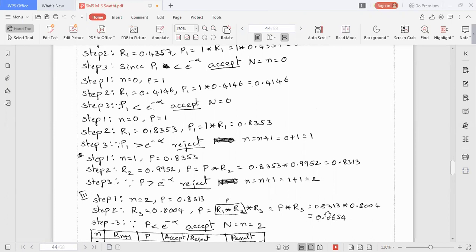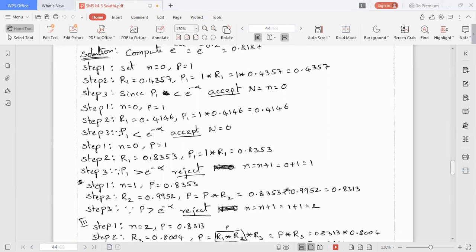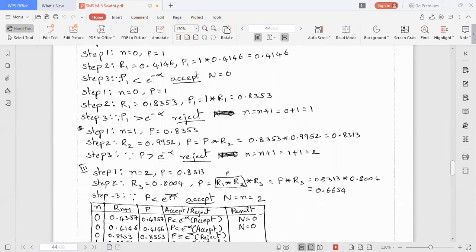Now we need to compare this p value with the e power minus alpha value. The p value is 0.6654 and the e power minus alpha value is 0.8187. The p value is less than the e power minus alpha value.